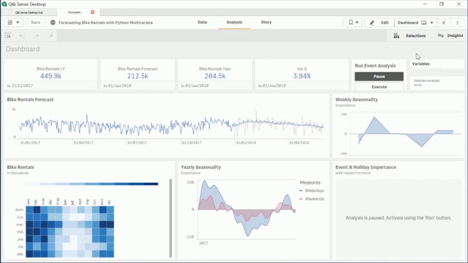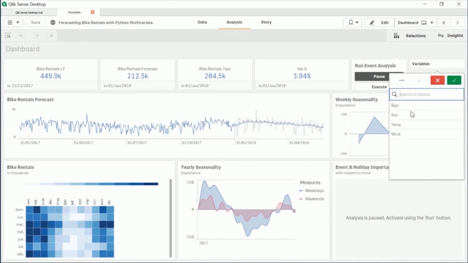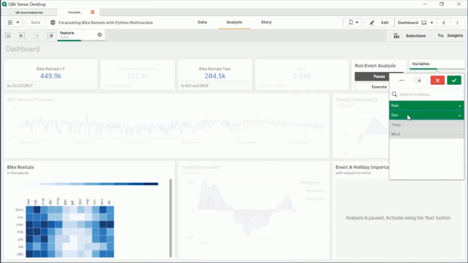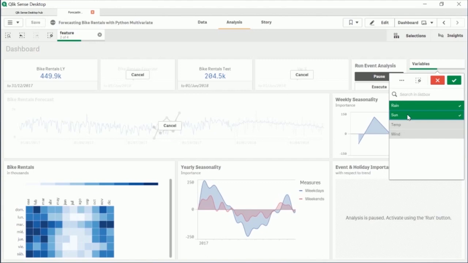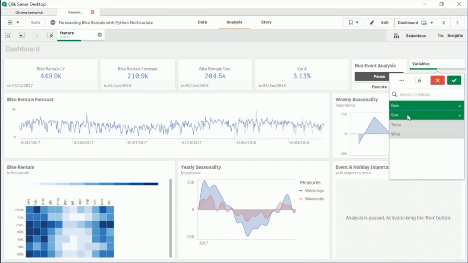Okay, let's say here we added a functionality that you can choose which indicators you want to use for your forecasting. Let's say we want to use rain and sun for forecasting. And as I am selecting the indicators, the Python part is making the calculations and sending them to Qlik Sense. This is happening in real time. I do not need to close Qlik Sense, then go to Python, and then come back to Qlik Sense. I just need to do a few clicks, and everything is happening in the background.